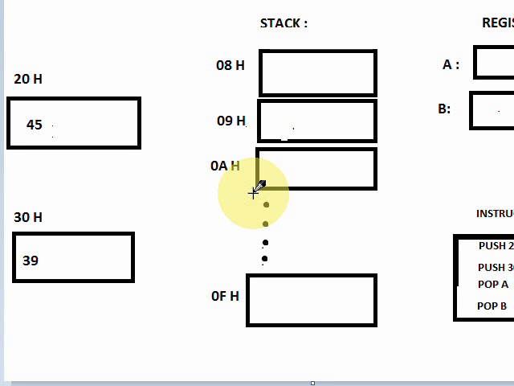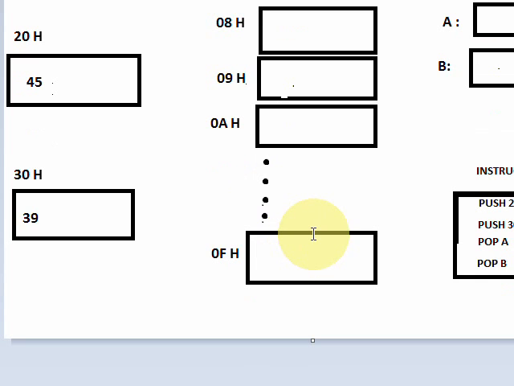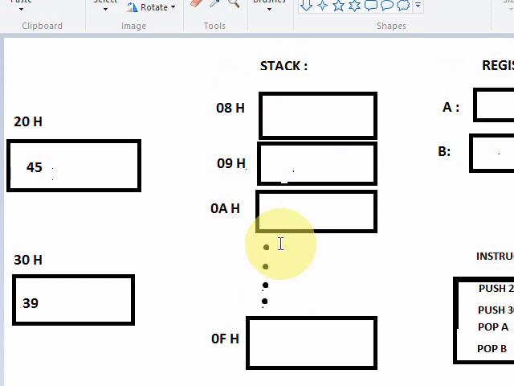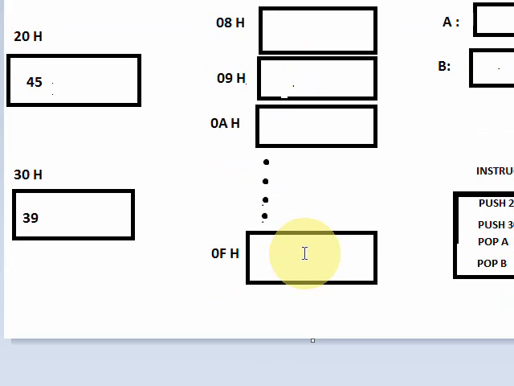I made a small paint file and it seems as dark. Looks like a pile of books. As you can see here, it's like a pile of books, and assuming that this is my first book, this might be my second one, the third and the fourth. To remove my first book, I have to remove first the fourth one, then the third one, then the second, and in the last I will remove the first book. So it's a kind of last in, first out, where the thing which I've entered first will be taken last, right?